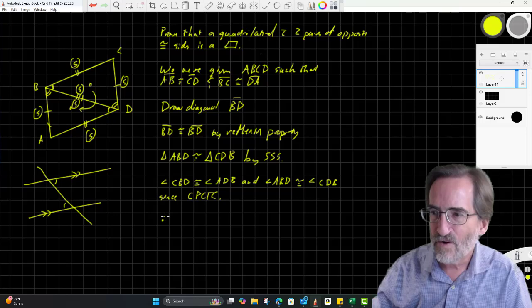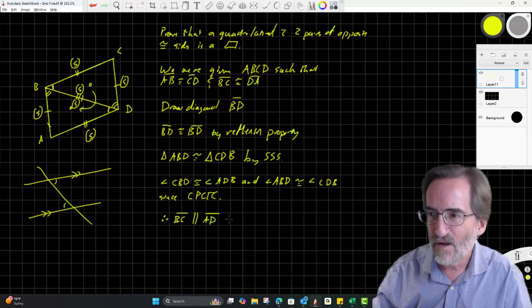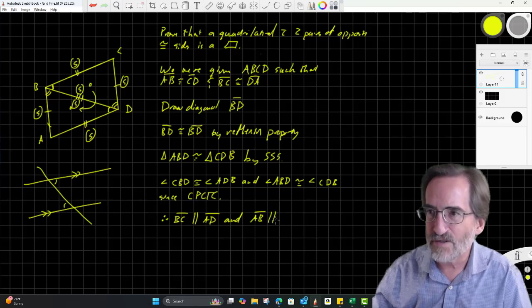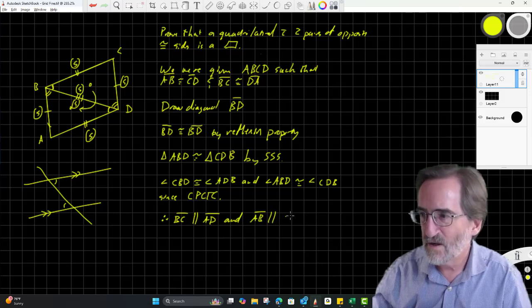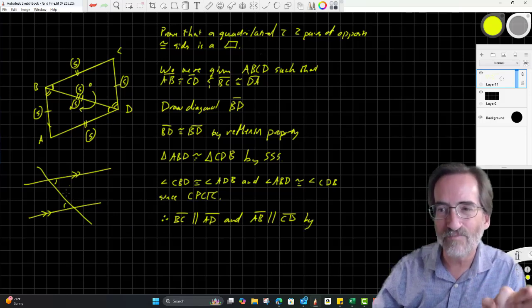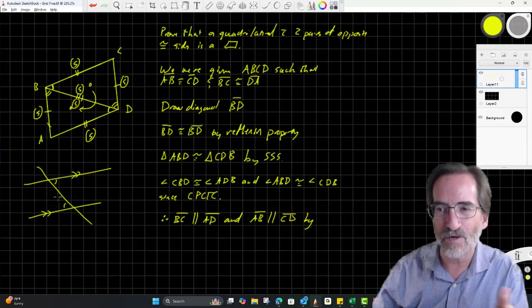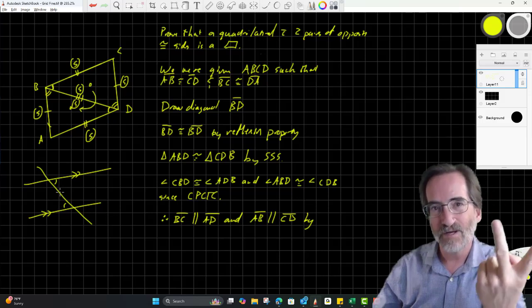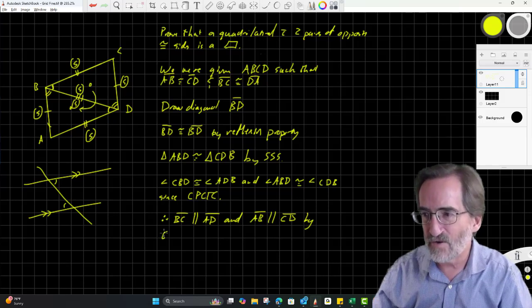So therefore, BC is parallel to AD, and segment AB is parallel to segment CD by, and this is not the alternate interior angle theorem. That would state if parallel, then alternate interior angles are congruent. We're doing the backwards of that, the converse. So by the converse